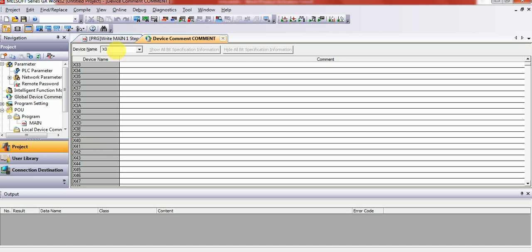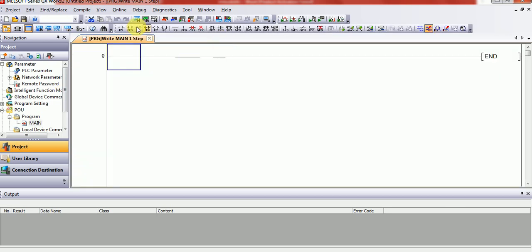You can see also for Y output it is the same, Y1 Y2 Y3 Y9. Okay, all are hexadecimal values. And the programming tools are the same for Q series and FX series. There is no difference, you just have to select your tools and make a program for your projects. I hope you understand all the basic parameters for this GX Works 2.